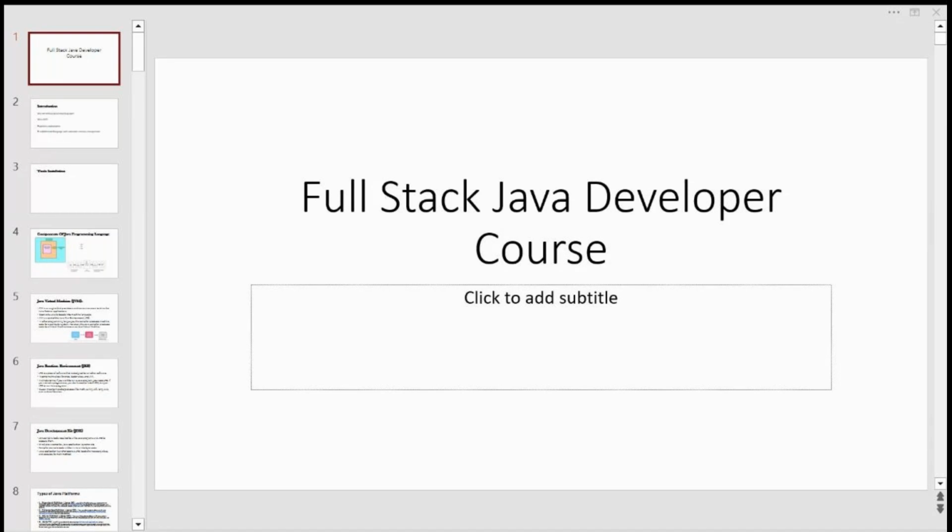You might be from different IT standards and all. So we are going to cover it from the basics itself. That is, we will start from what is a programming language. That would be the very first thing. People who are already working in the IT field, for them it might be regular, but we are trying to cover all categories of students. So we are starting from the very beginning.